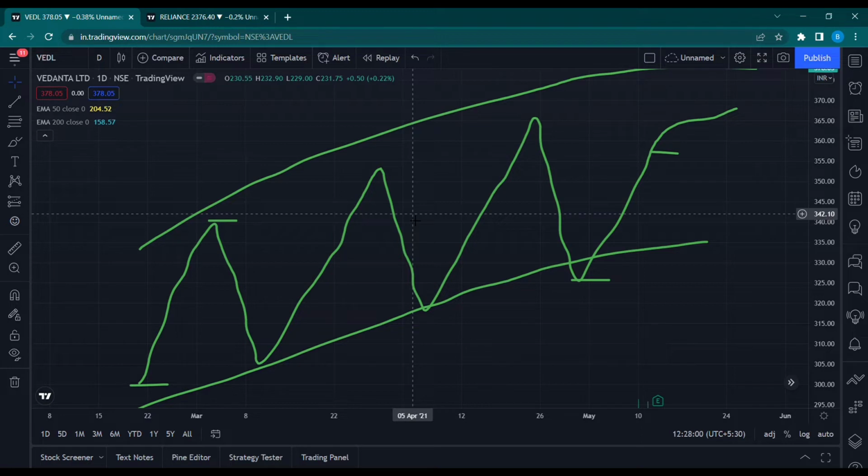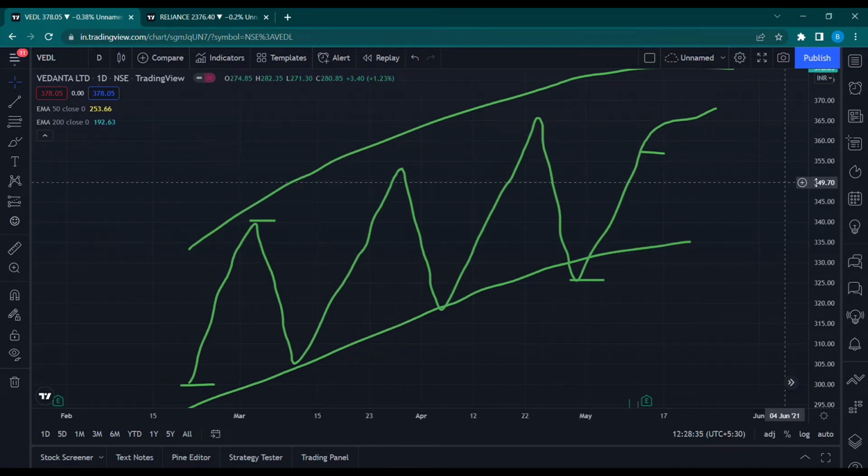Whenever the average direction of prices is on the upside, just as in this case, when you see the average price movement going up, this is called an uptrend. So whenever you hear the word uptrend, we understand from it that the average direction of prices is going up, no matter what short-term price swings or movements may happen. Over some course of time it is going up. That is the trend.